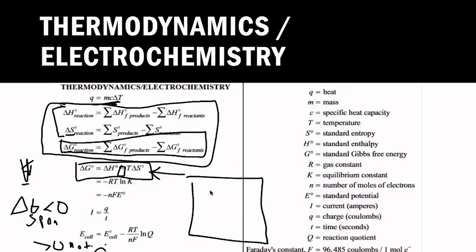Hold on, let me make a little chart. So for change in heat and change in temperature, if standard enthalpy is a negative number, while standard entropy is a negative number, that means this equation will eventually become non-spontaneous as temperature increases, because we're subtracting a negative number, which would be adding to standard enthalpy,